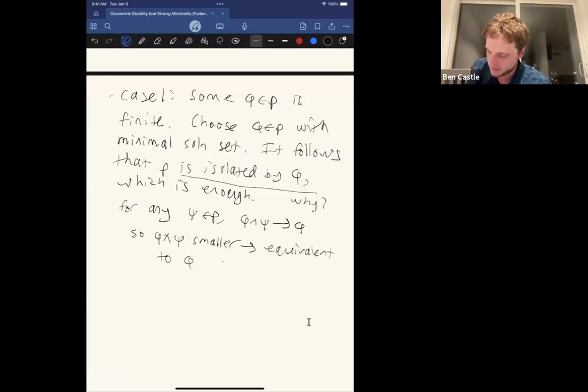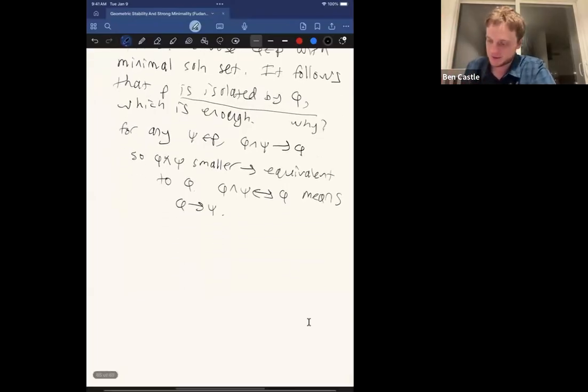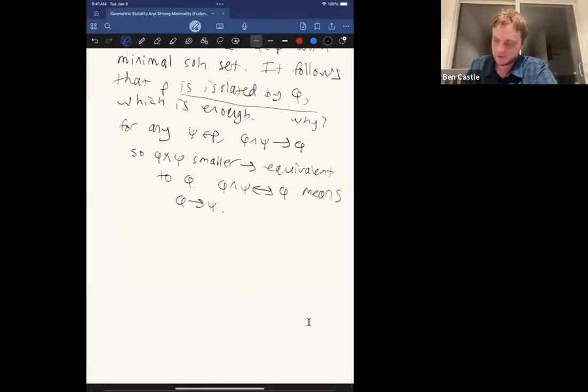And well, what does that mean? So if psi is equivalent to phi, okay, this is your logic students, you can work this out. What does this mean? This is the same thing as this, right? Okay, so that's case 1. That's you have a finite thing. Then it's just saying, well, if there's a finite formula, the type is isolated. Okay. Case 2,